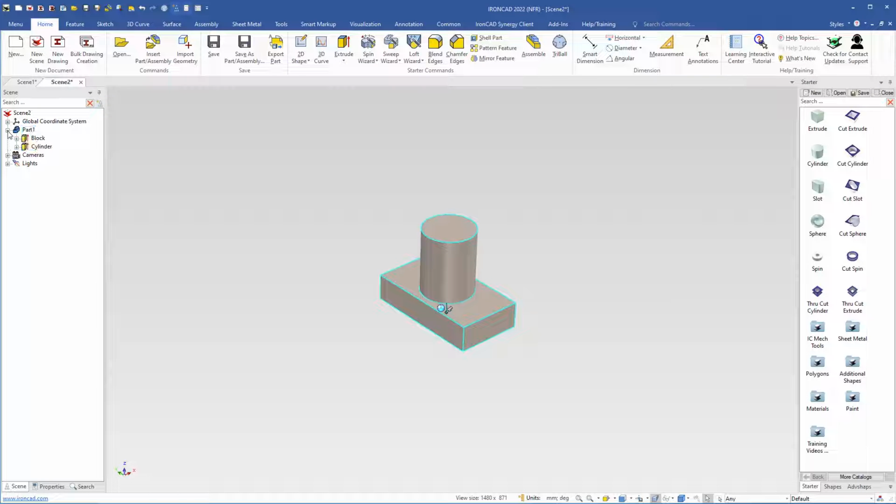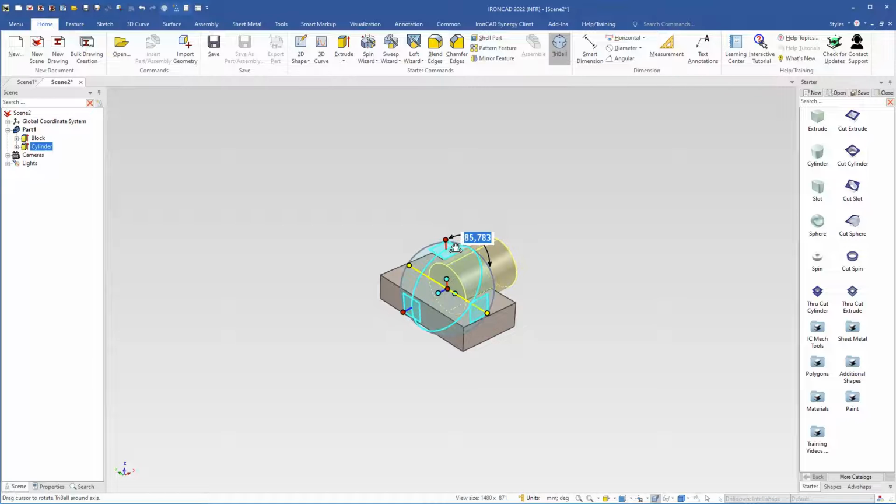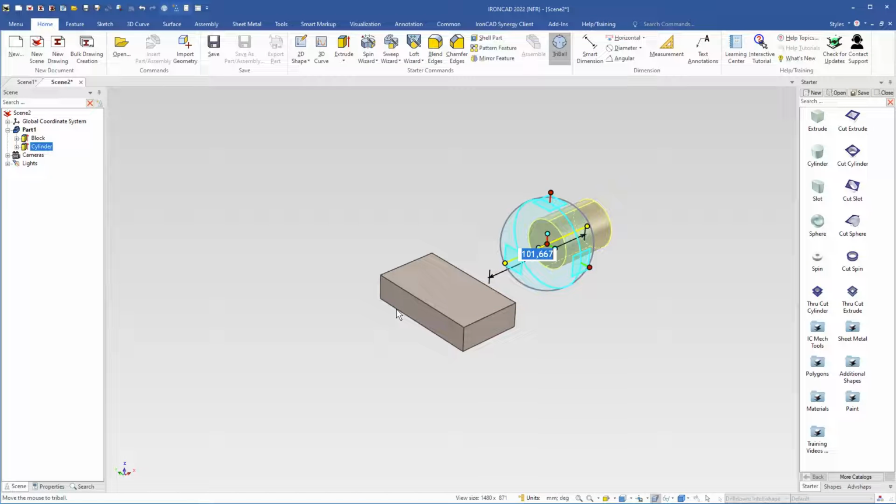If we expand the part, we see that we have 2 features, and it should be like this, otherwise it will not work. So I will select the cylinder in IntelliShape level and turn on the tribal. Select this axis because now we will rotate the cylinder. So we will left click and hold inside the tribal and push, and we'll drop it there and type 90 degrees, and we will grab this handle and push, and we'll drop it there and type 90,